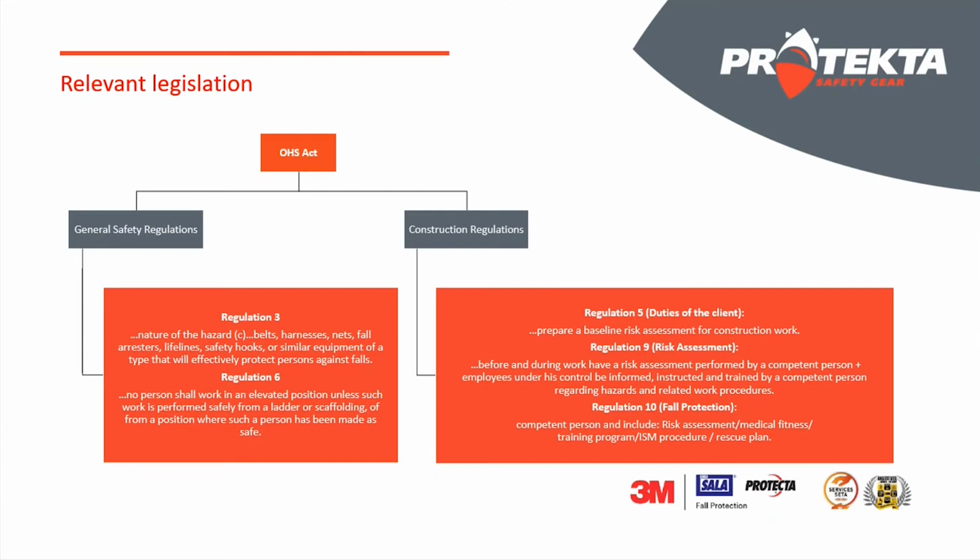Now, there's been a few questions. We've got clients out of the mining industry, and obviously the Mining Health and Safety Act doesn't address working at heights as clearly as the OSHA Act and specifically the construction regulations do. So it's very important also to mention that even if you're in a mining environment and you're working at heights, it doesn't really remove your requirement to wear harnesses and lanyards and have fall protection plans in place,